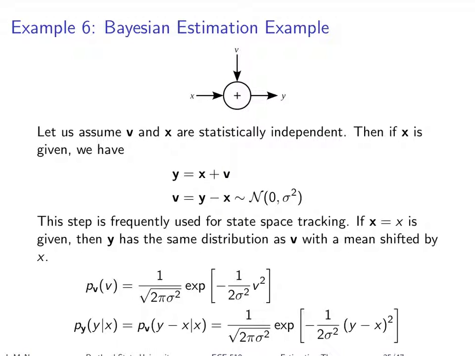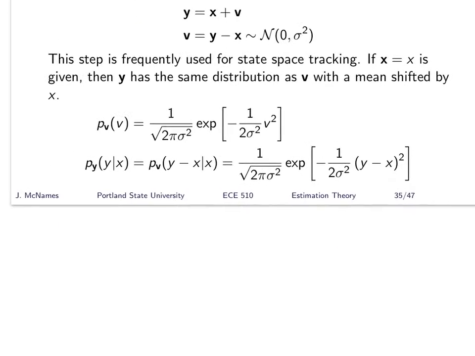But not always. It's a good idea to characterize it. So if we know what x is, then y is going to have the same distribution as v, but with a shifted mean, because we're just adding a constant to a random variable with a known distribution. There's a couple of different ways that you can arrive at the main point down here, but